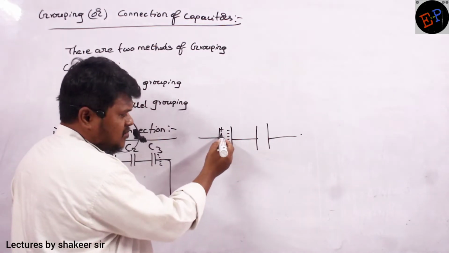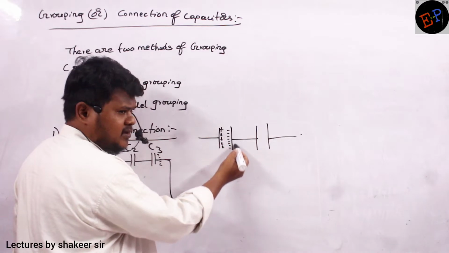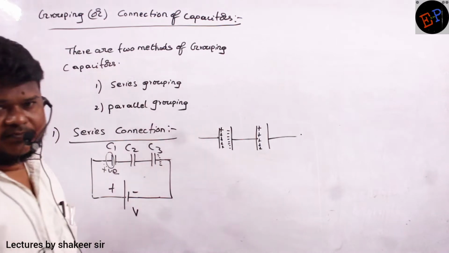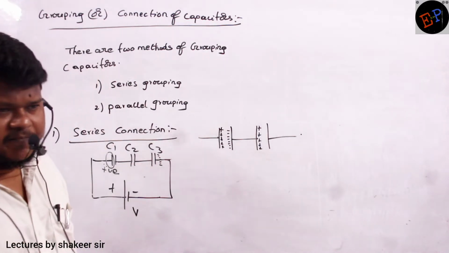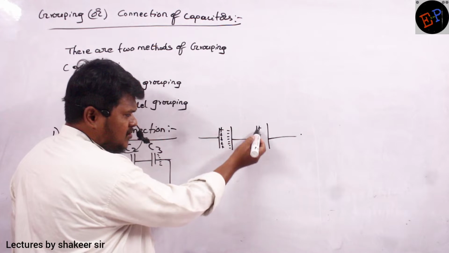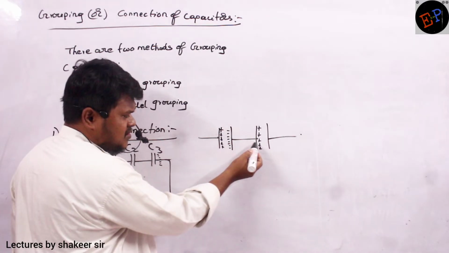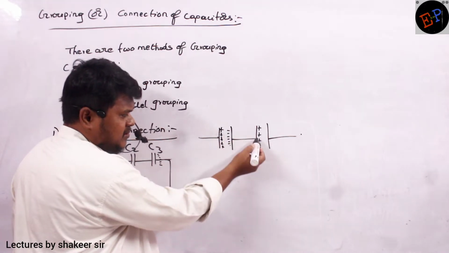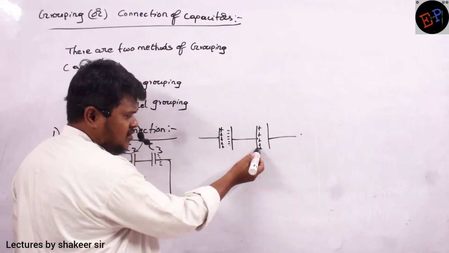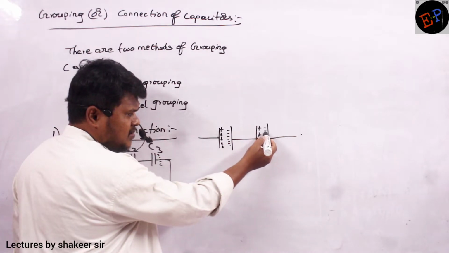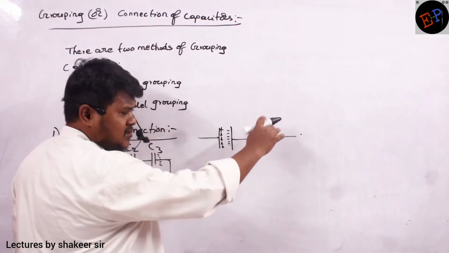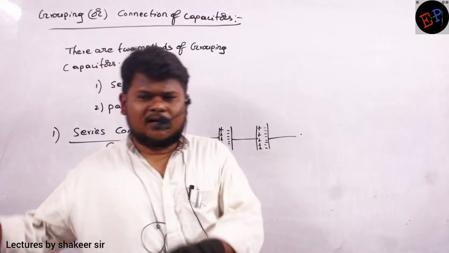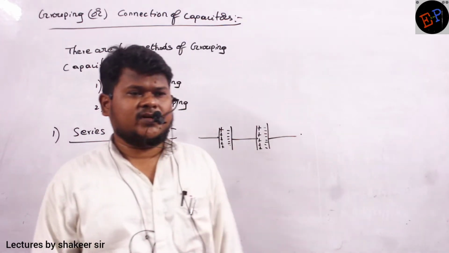Are you able to understand? So the positive charges which should actually be formed here will go and deposit on the second plate of the second capacitor. Clear? So these charges are the charges which should have developed on the second plate of the first capacitor. They are deposited here. And these charges will again attract negative charges, and positive charges are deposited on the next plate of the next capacitor. So like this, all the capacitors will become charged bodies.